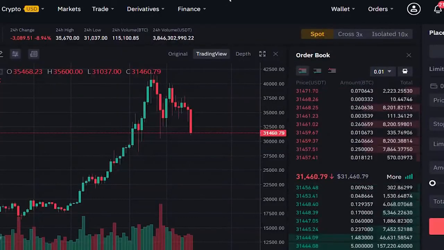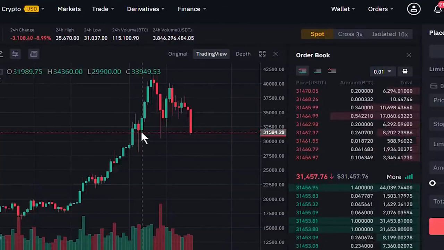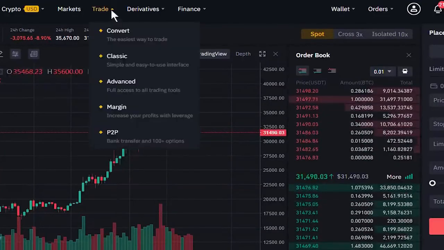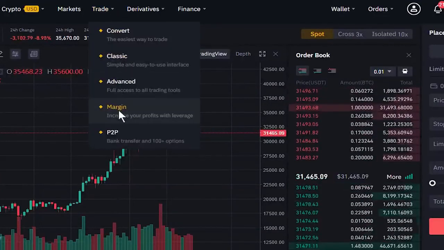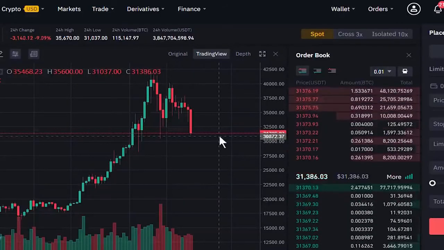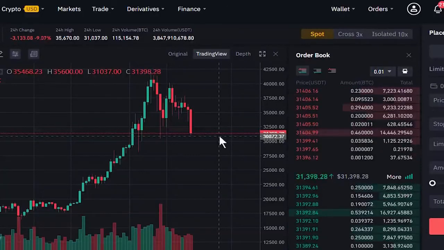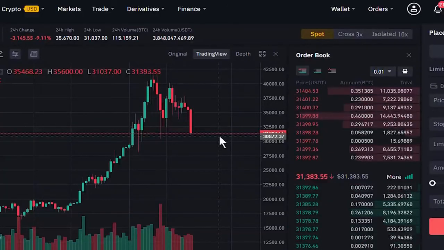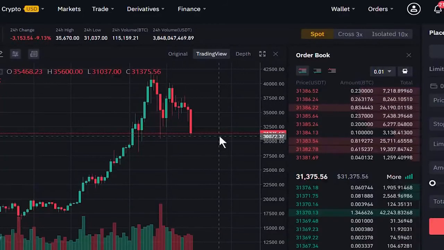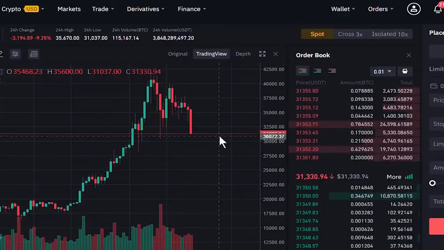And another option that is related to trading, whether spot or futures, is margin trading, which at the start of the video I mentioned here in the trade menu. Margin trading is a trading method where you borrow money from the broker or a third party to have a greater amount of capital to leverage your positions, and by doing this you will have larger profits on successful trades. But you must pay attention that if the trade is not successful, your loss also will be large,